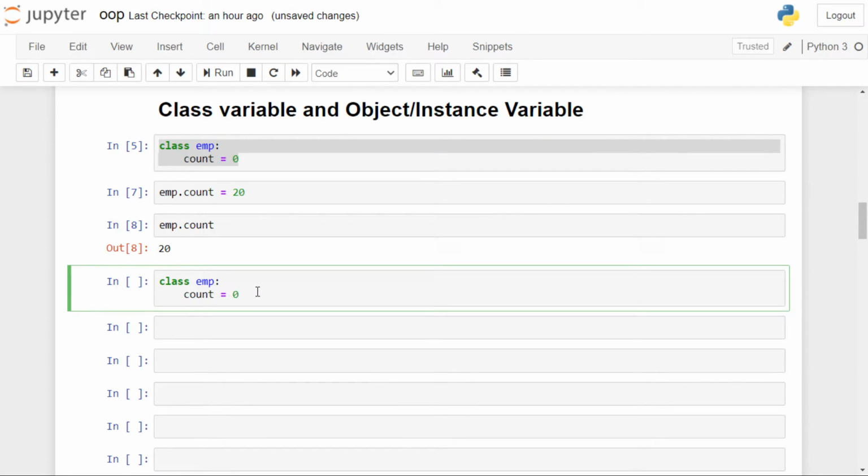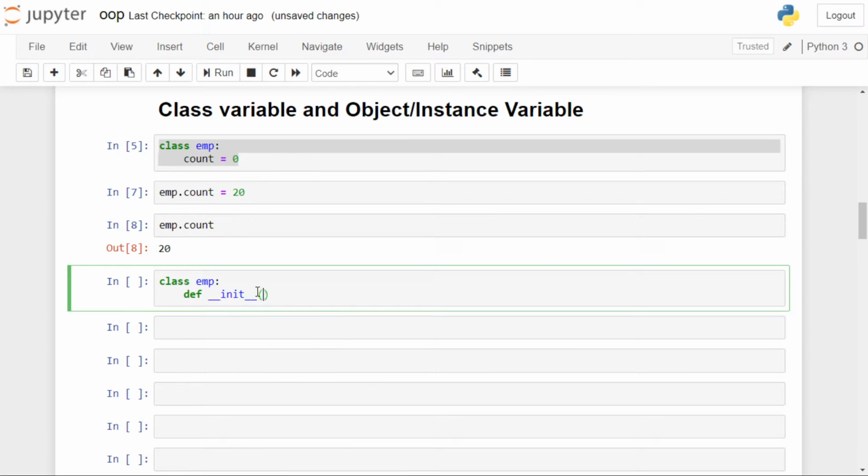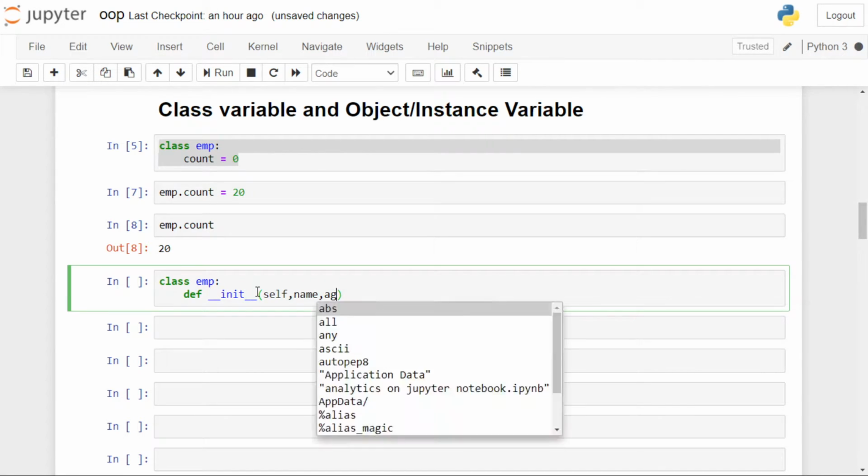So we create a class employee. In this class, inside method init, which is a constructor which will be called when the object of this class will be created, through self, it will initialize its variables which are name and age.